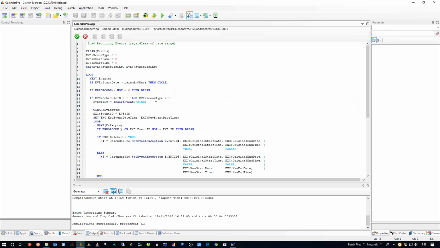Okay. I suppose another one would be if the event recur. No, you see, in this, it doesn't have it. Oh, no, it wouldn't have it. You haven't got a recurring end date. Actually, you do. Yeah, in your data design, store the recurring end date as a particular field, and you could say something like, if the recurring end date is less than the param start date, then again, cycle, because it was one which was running back in the year 2000, but it only ran for 2 years. Maybe it was a